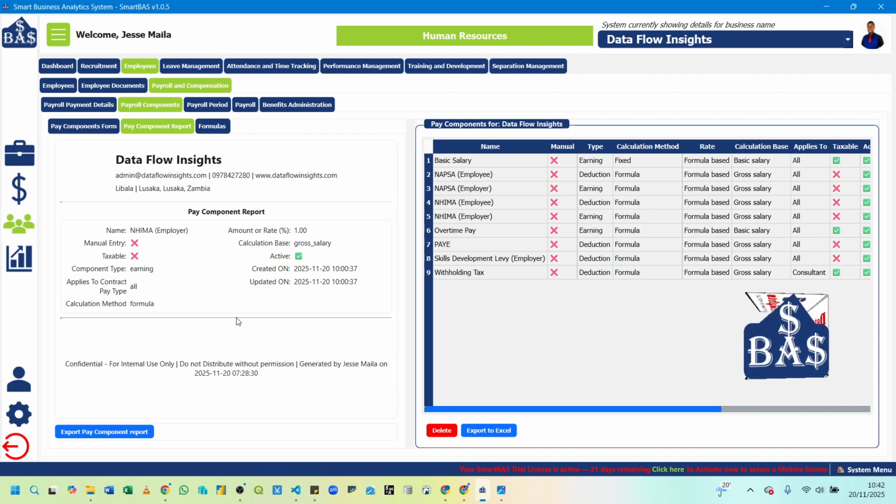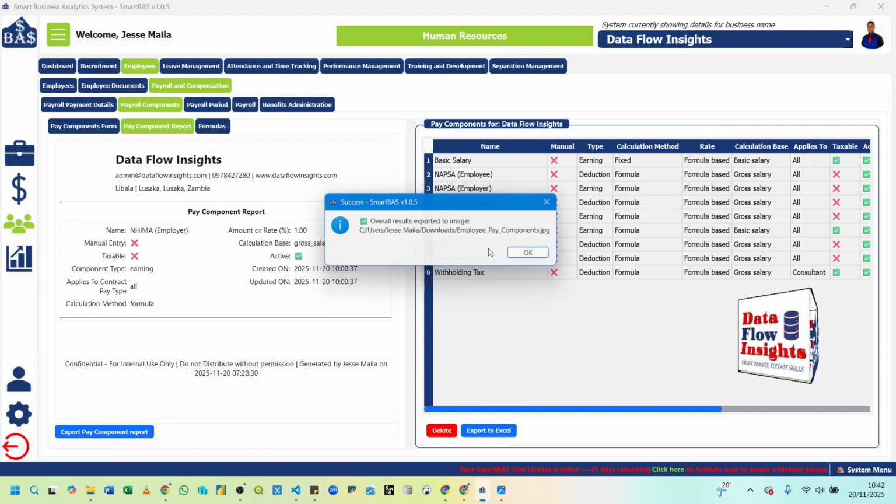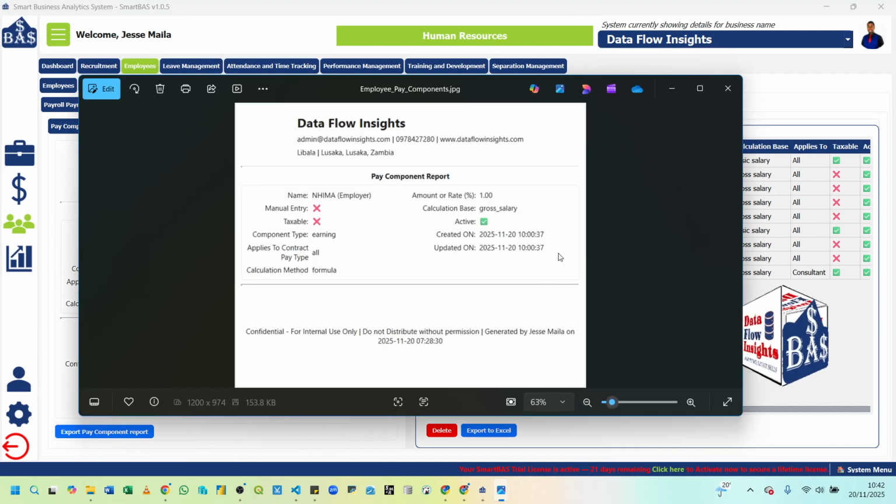So if I come here, as you can see, data flow insights here. So if I export this and then I say save, say okay. So as you can see, the same format of the report, but for another business. This is now data flow insight. So you can have different pay components and different applications of how you're going to pay your staff from one business